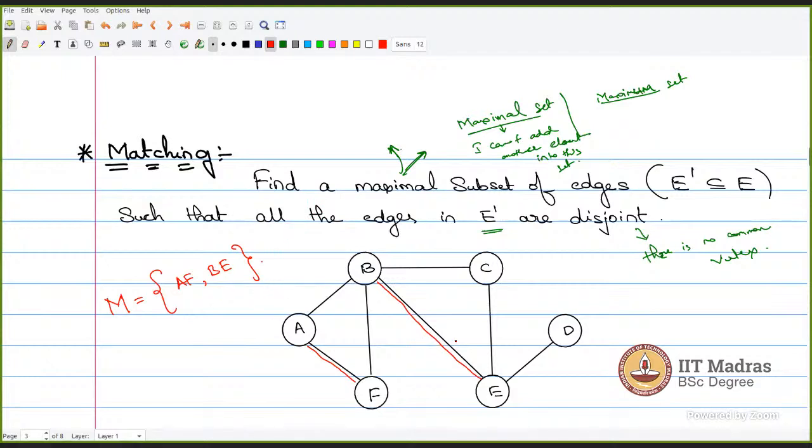This is maximal because I cannot add one more edge to this set. With these two edges, AF and BE, if I add one more edge, the property of disjointness breaks. So this is maximal